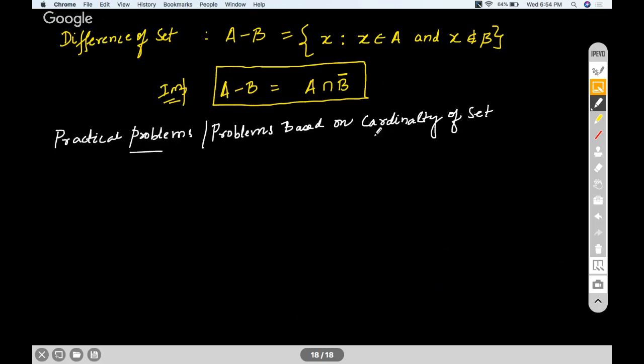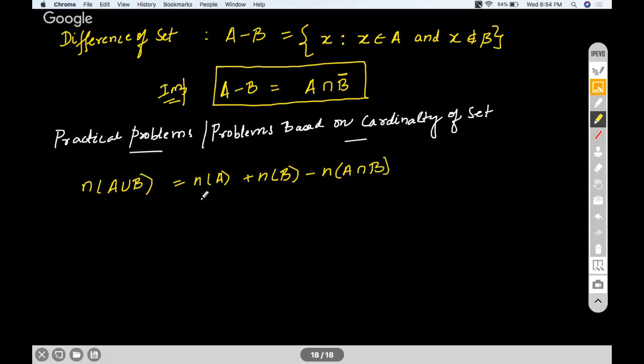So all of you must be familiar with these formulas: n(A union B) is n(A) plus n(B) minus n(A intersection B). n(A union B union C) is nothing but